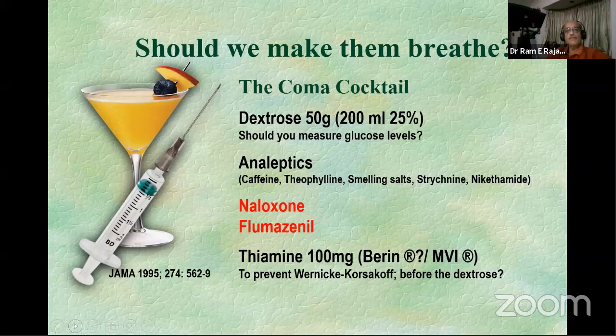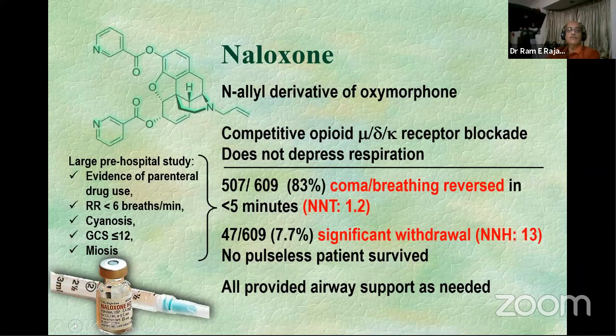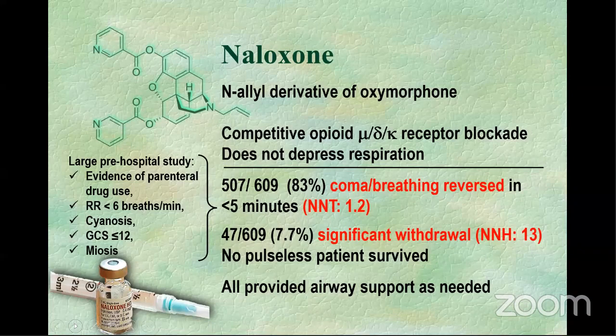Okay, so effectively, why is naloxone used? Obviously, it is a competitive receptor blockade. And what it does is it has the ability to have a reversal of some of your opioid effects without causing the respiratory depression that you would expect under these circumstances. Okay, so when you're looking at